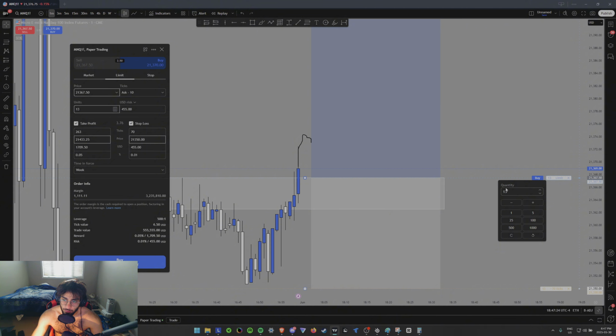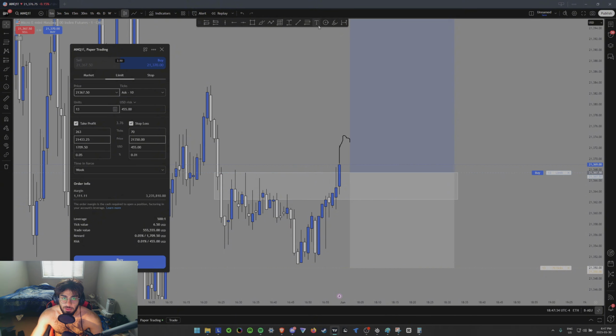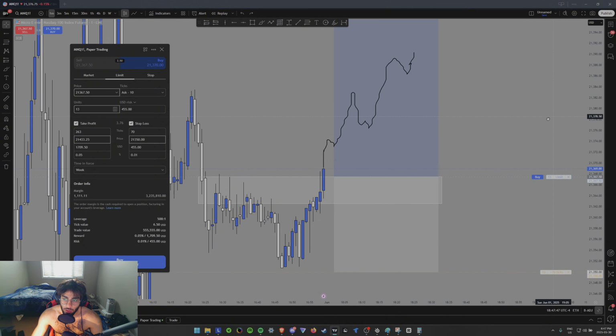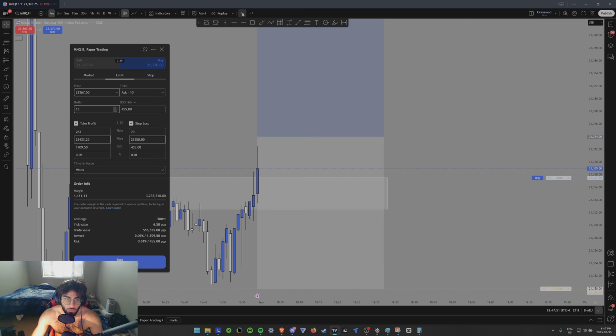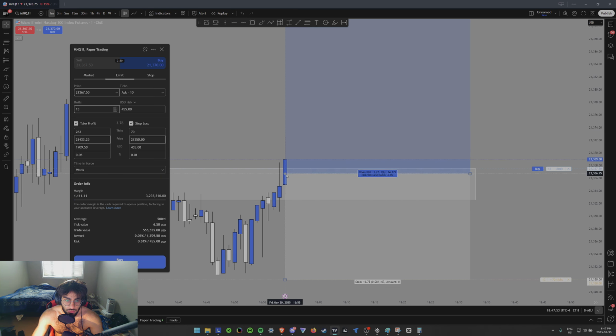So I'll do 13. And this is a little bit more advanced, guys, using limit orders. This is just me showing you what it is. Don't actually use them. You want to use market orders and enter trades on candle closures. That's what I'm teaching you. When price comes back down, if it does, because it doesn't usually retest, more often than not price is going to keep going up and then go down, like a trend. So when price does what you want it to do and retest,